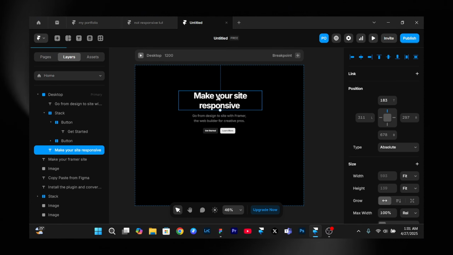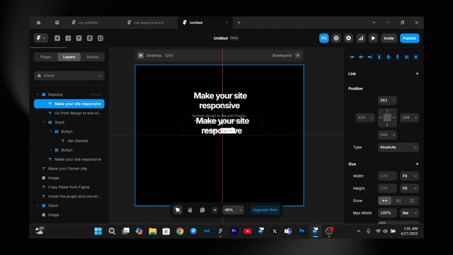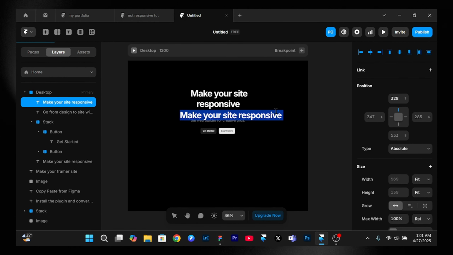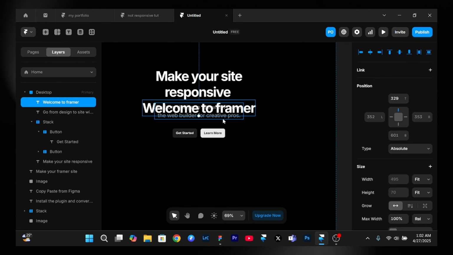Let's assume there's a need for another text on our hero section, meaning that I have to copy this head text and do whatever changes I want to. Let's just go with something like welcome to Framer, just something short. So this is it. It means that each time I want to introduce another element, we have to manually come